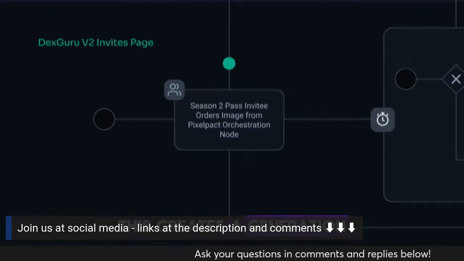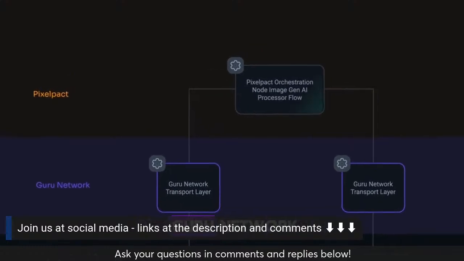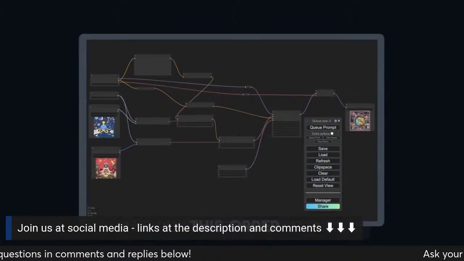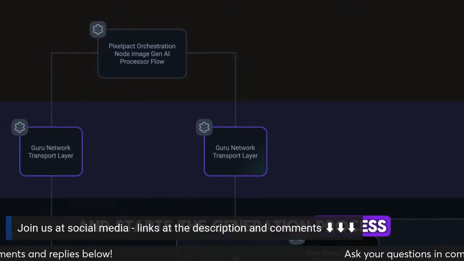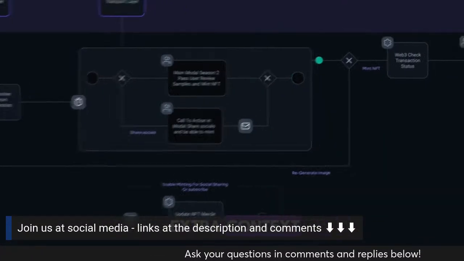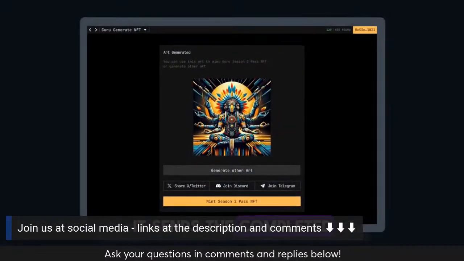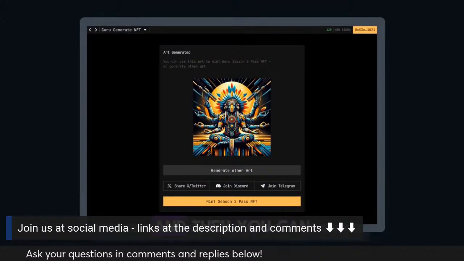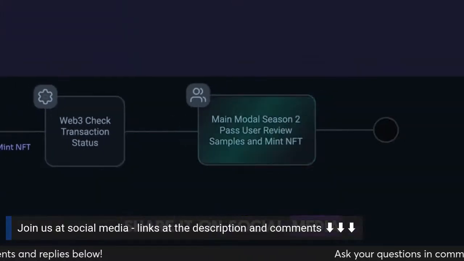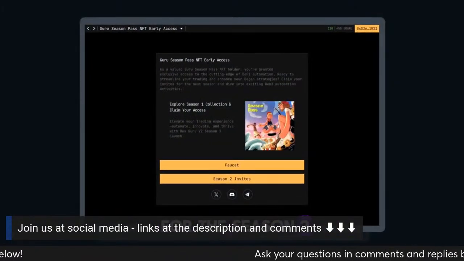This creates a generation order that DexGuru sends to the Guru Network as an agent order. The PixelPact node reads this order and starts the generation process using its own AI processors designed with ComfyUI and extra context. It sends the completed order back to the DexGuru node, and then you can review it. You can regenerate the art, share it on social media, and earn an invite for the Season 2 NFT mint.